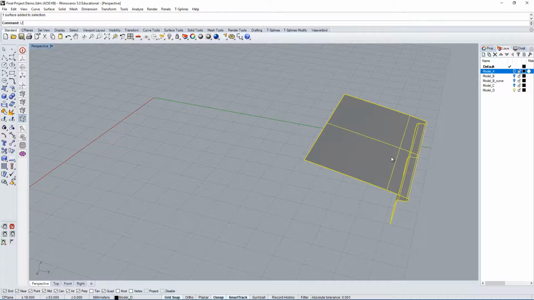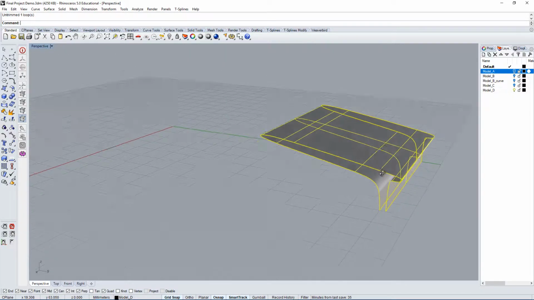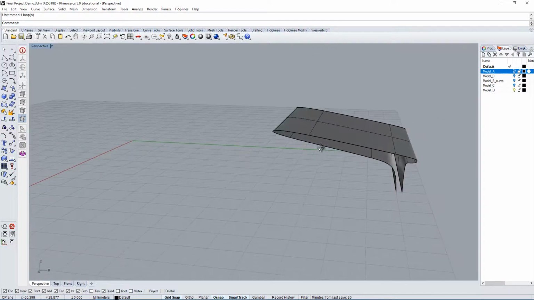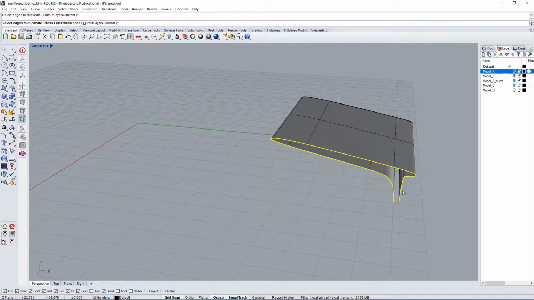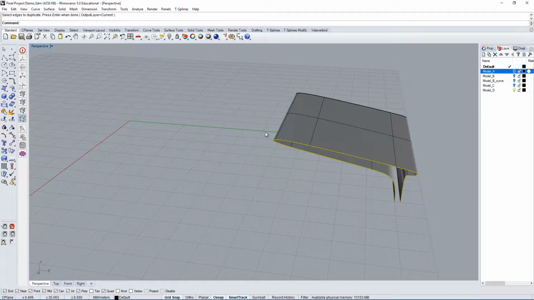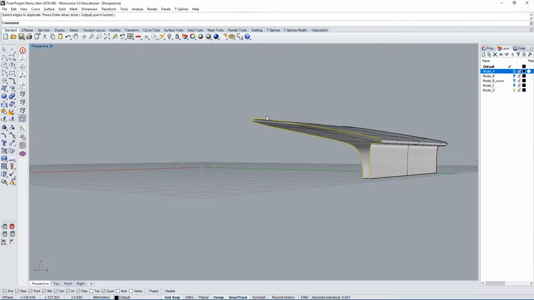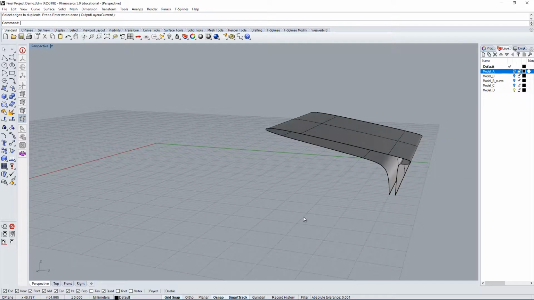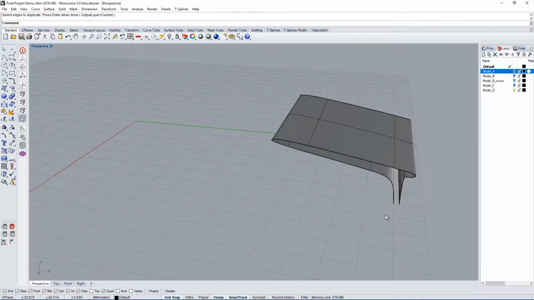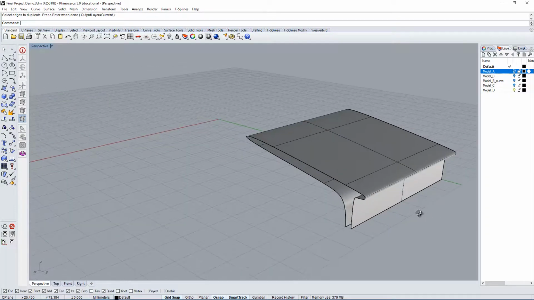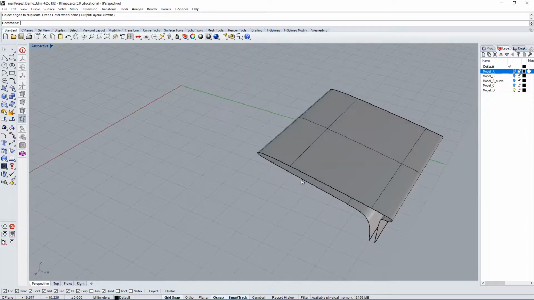I don't really like the way it looks, so I'm going to go back and untrim all and look at it as a full curve. Now you can see the person who did this really tried to cut corners by creating a single curve that wraps around as opposed to cutting it here, trying to do a lot with only one curve, which sometimes is okay. In this particular case, I think it's going to create more problems.